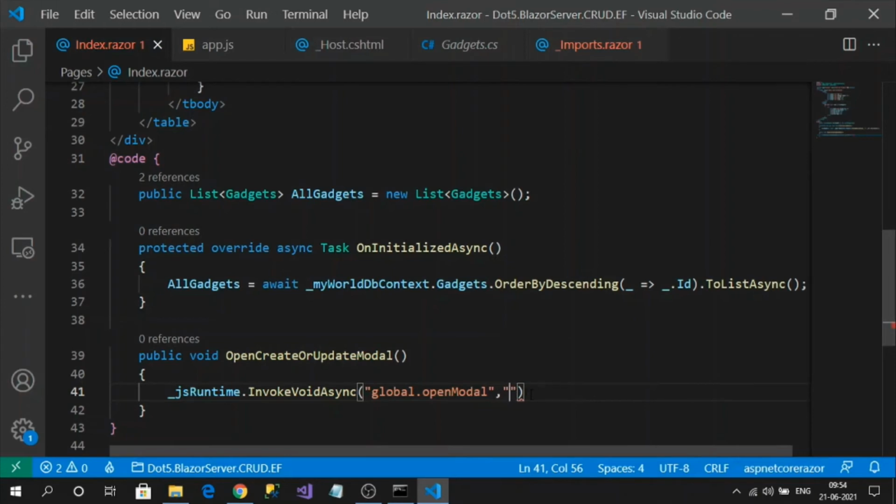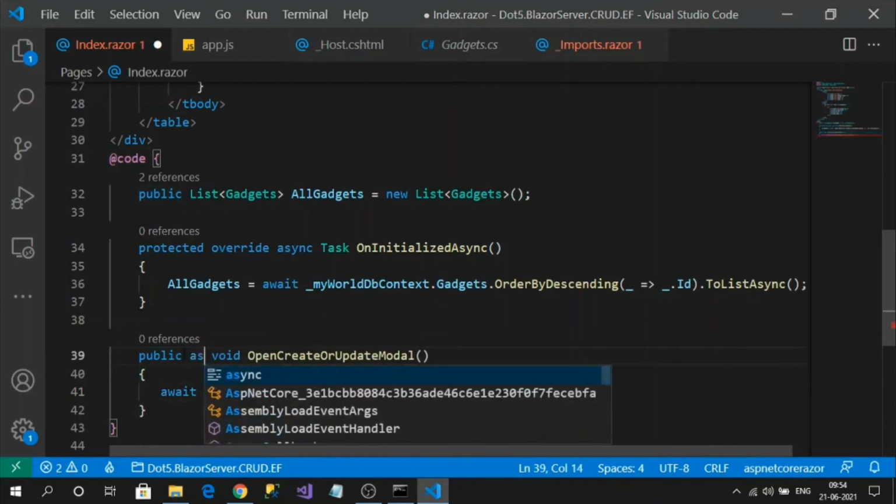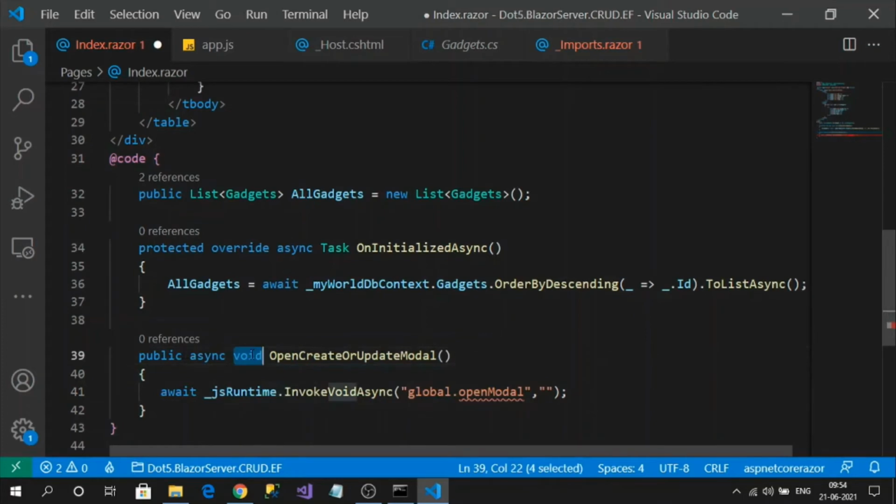So first I must add the Bootstrap modal pop-up, and it should be awaited. Complete those things. Now let's add the Bootstrap modal pop-up.